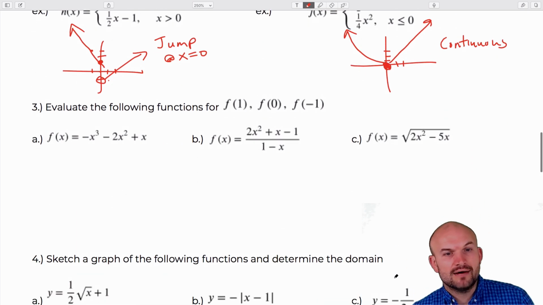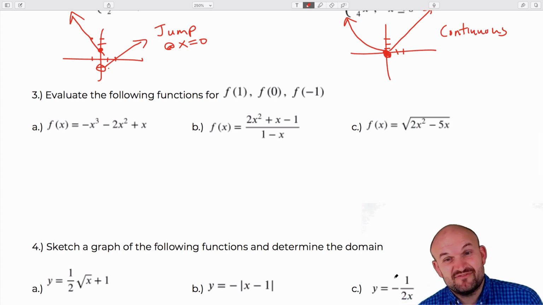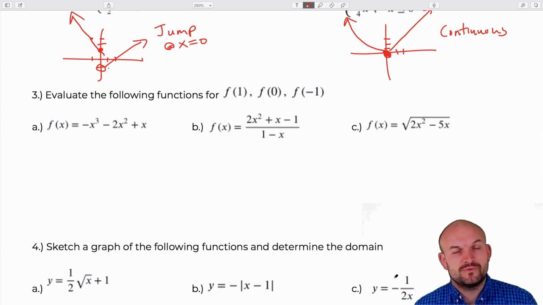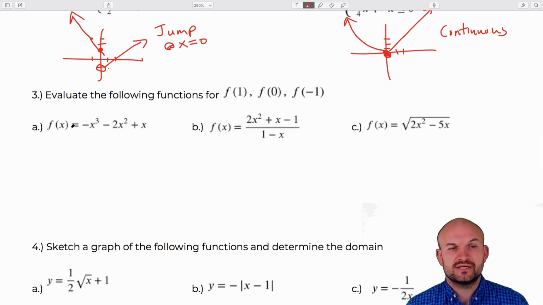All right, for the next one, it's really just finding the value. When we say f of 1, f of 0, f of -1, we just want to find the value of the function. So all we're simply going to do here is plug in the function and simplify. So f of 1 is going to be negative